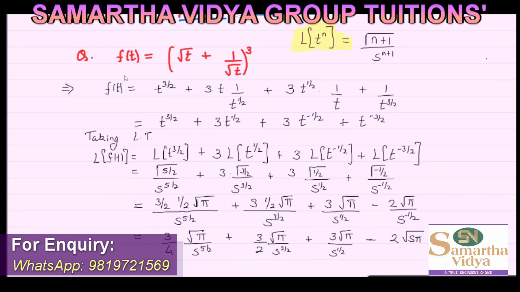This is how we'll be solving the Laplace transform, and we have in a way discussed the first property of Laplace transform, which is nothing but the linearity property, which we have applied at this particular step. The linearity property just states that if we have an addition or subtraction between two functions, the Laplace transform of those functions can then be simply the addition or the subtraction of the Laplace transforms of those two functions.